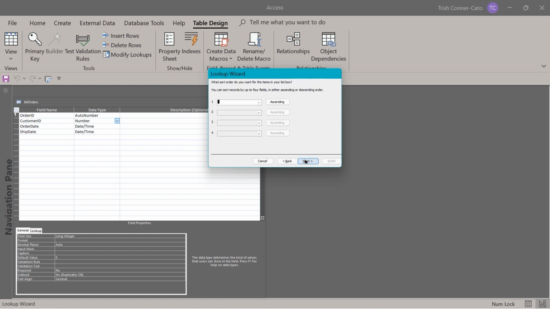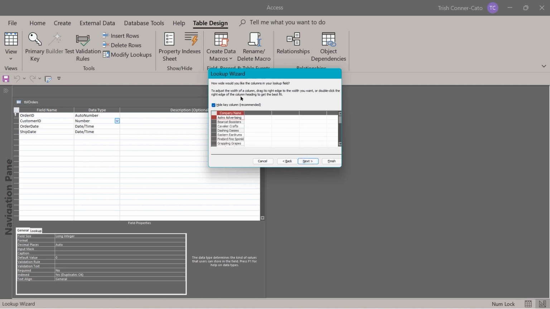And we're going to do Next. We're not going to do a sort order here, so just Next again. And this one, it's going to hide the key column, which is recommended. So even though we selected customer ID, it is not going to show the customer ID in that table field. So here's the list of company names,